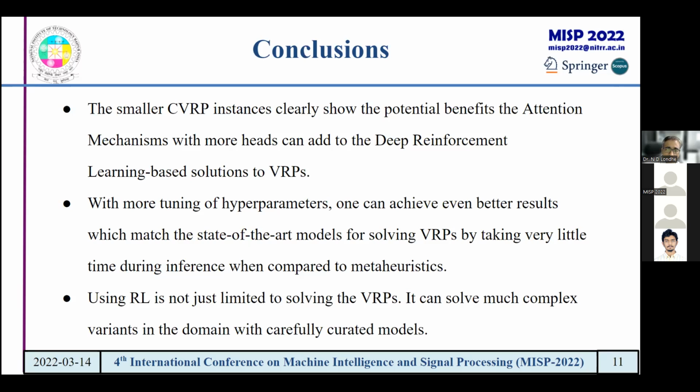Okay, and in that learning, why will this attention mechanism help you? In vanilla reinforcement learning, it fails to capture some of the complicated neighborhood structures in the problem, but multiple heads and multiple layers can help in the following way. Multiple heads can learn from each of the individual sub neighborhoods, and multiple layers can aggregate those learnings and refine them so that the encodings of the nodes get better after each layer.